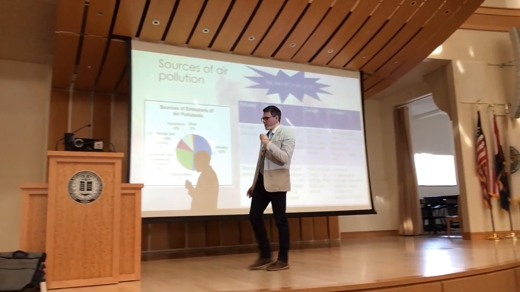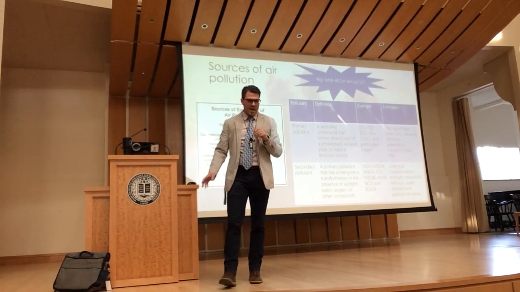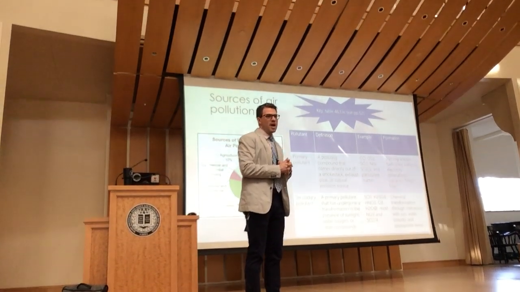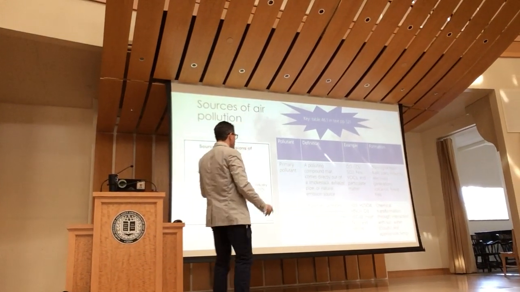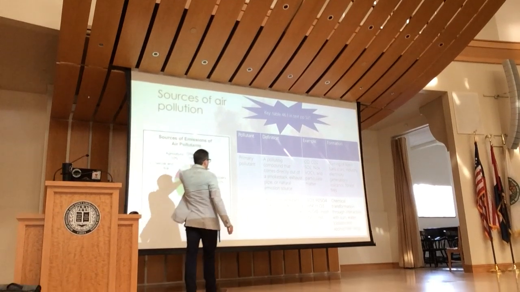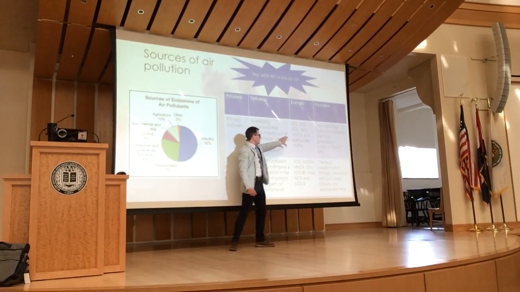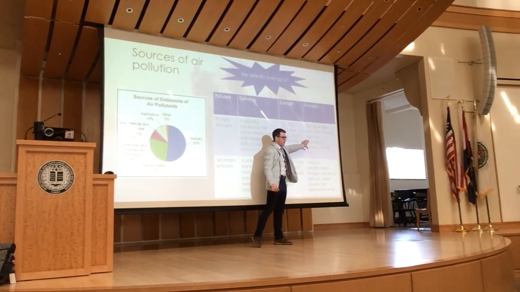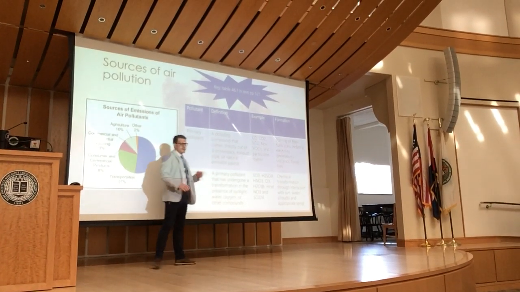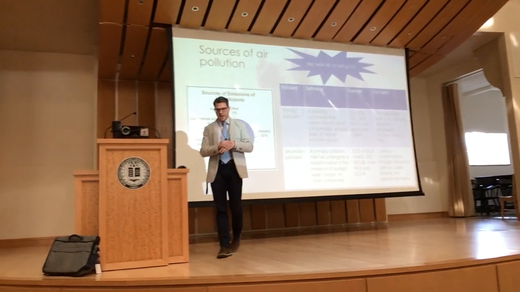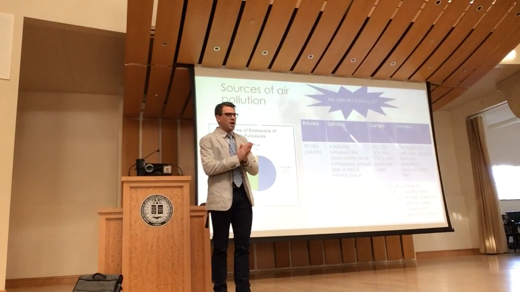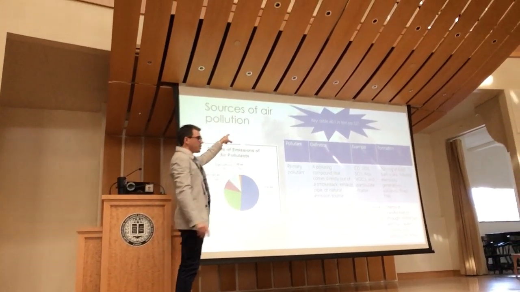I wanted to put this in here as a way that would kind of make sense. And if you're a type of person who wants to copy some things verbatim, this is the slide to do that. Primary pollutants, directly from the source. These are the kinds, and this is where they come from. And the same with secondary pollutants. I'll leave this up here for a second if you're a person who wants to copy it down, because it's really key. But I also want to mention